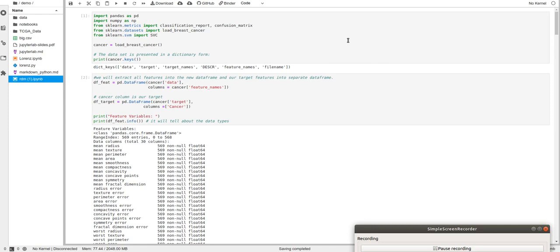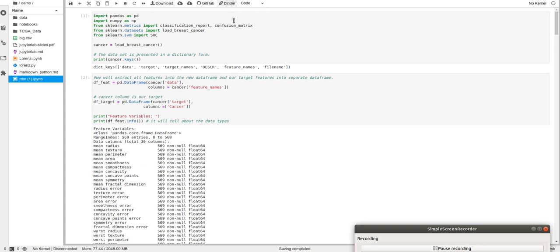Now, first of all, I will tell you that I'm using a support vector machine here, SVM, and I'm also working with a classification problem. Now the question is why I'm using the support vector classifier, right? I'm using it because it gives us higher accuracy as compared to other classifiers. You can also use other classifiers like random forest classifier or any other classifier which is comfortable for you. But I am using SVM here, right?